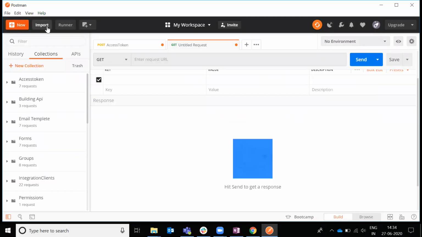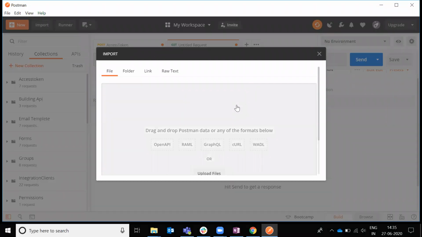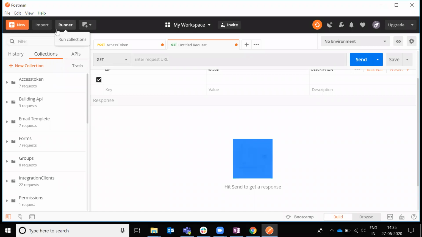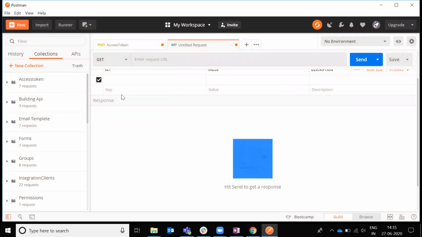Import: you can import the entire collections, the link the developer is going to provide, that entire set of folders you can give here. If you call WSDL also, it will give a set of values in a folder. It's called a collection. Runner: you can run from here. Whichever runner you want to run, you can. It takes time, so we don't need to go into it. If you want to open a particular one, you can, and it will open. I hope that's everything.